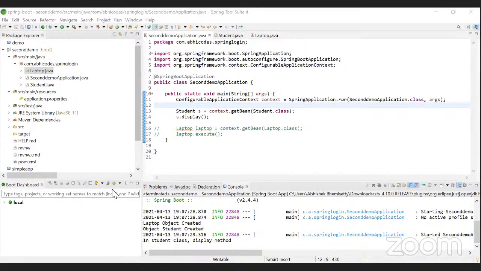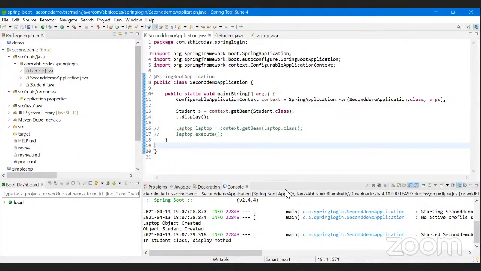Yeah, that's what you can say. So that's for you to try out. I told you, right? We can use the prototype scope; it's actually an annotation known as prototype. You can explore that in the Spring documentation, which I'll be sharing. I have less time and have to cover many more topics here. Okay, finally, we'll just